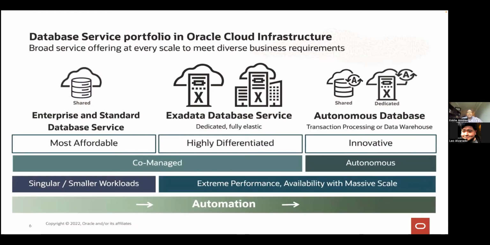So let's take a quick look at our database service portfolio in the Oracle Cloud. As you can see, developers can choose from multiple database offerings in the cloud. As we move from left to right, it allows you to start small in a very affordable environment, using either enterprise or standard database edition on VMs, having workloads that are 1 or 2 cores, and growing to the far right, where the databases land on Exadata Database Cloud Service,